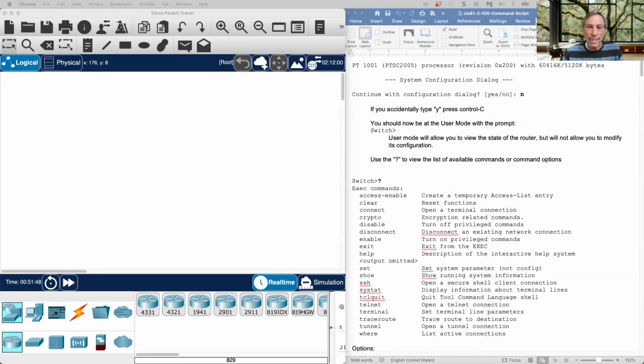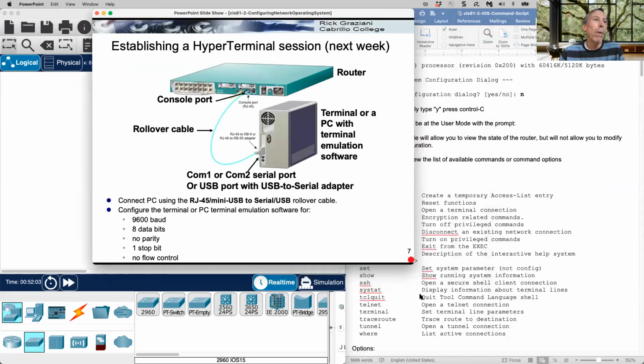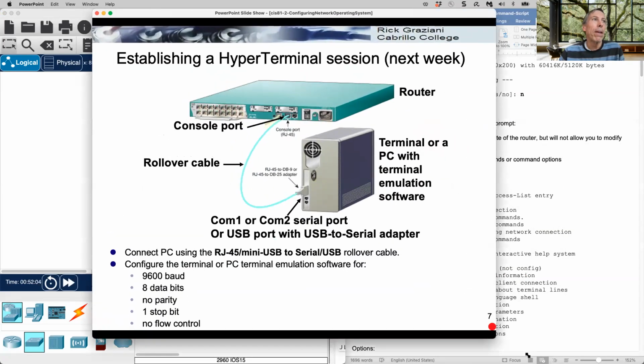And let's get started. So I've got Packet Tracer right here. And what I'm going to do is I'm actually going to just add a switch right here. Okay. Now, when we configure a switch or a router for the first time, what we need to do is